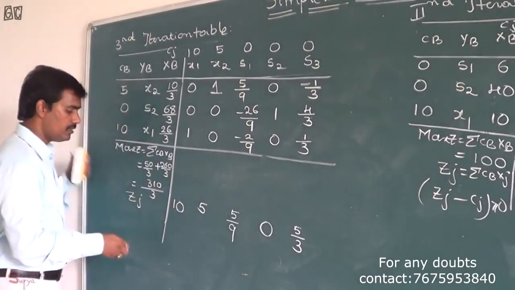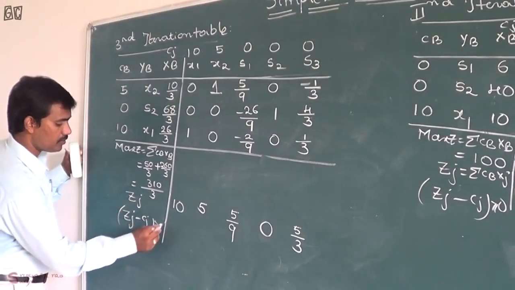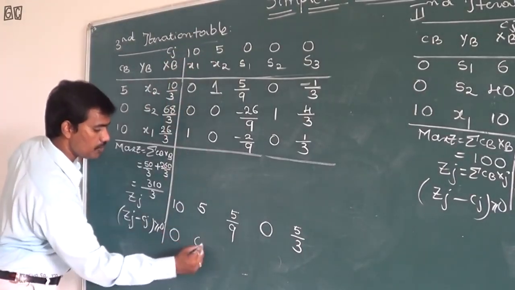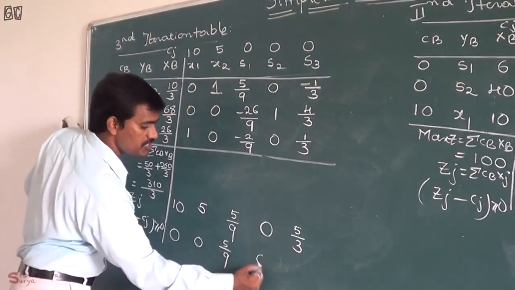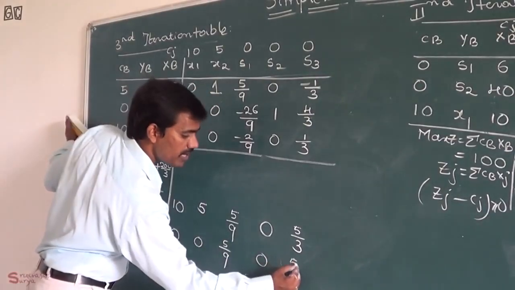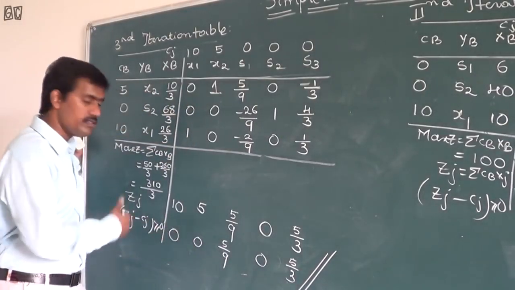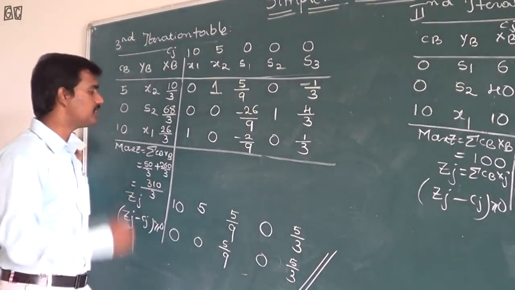Now finally the net evaluation condition: Zj minus Cj greater than or equal to 0. 10 minus 10, that is 0. 5 minus 5, this is all 0. 5 by 9 minus 0, that is again 5 by 9. 0 minus 0, 0. And 5 by 3 minus 0, again 5 by 3. So obviously we satisfy this net evaluation condition. All the values are positive. Hence we can conclude that maximum